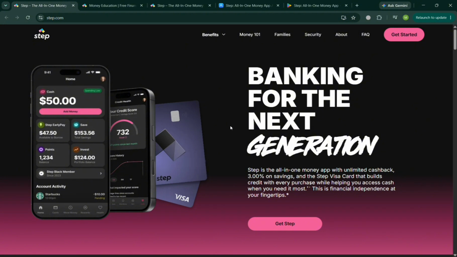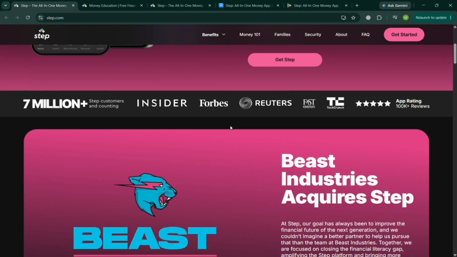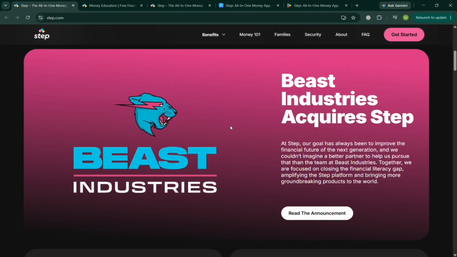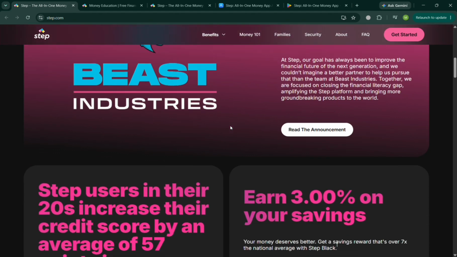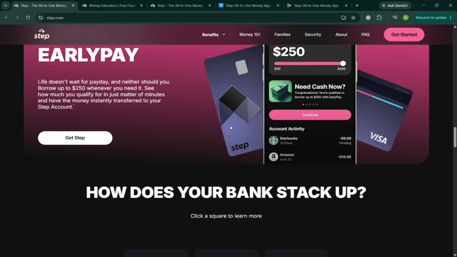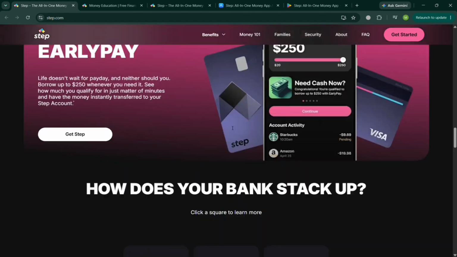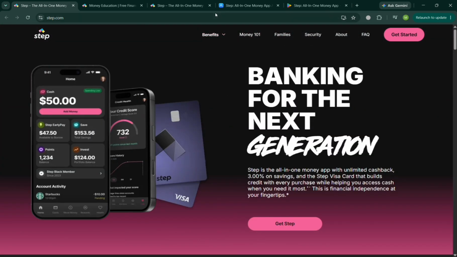But before that, if you don't know what Step is, it is an all-in-one money management app designed to help individuals, particularly teens and young adults, build healthy financial habits, in which the app provides users with a digital banking experience by offering spending, saving, and money management features in a single platform. Users can receive direct deposits, send and receive money instantly, make purchases using the Step Card, track their spending, and monitor their account balances in real time. Step also includes tools that help users build credit responsibly, set savings goals, and manage their finances through an